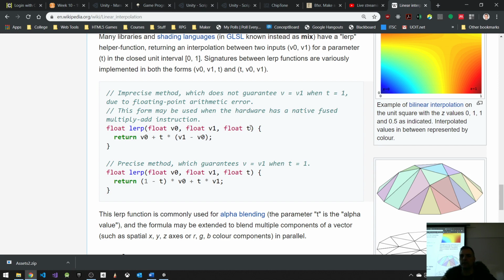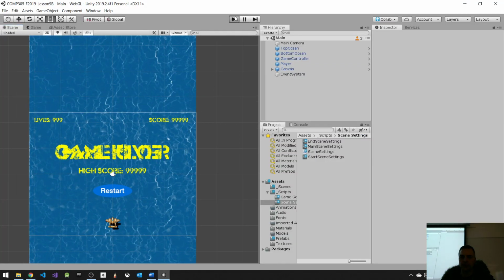We're going to move from 0 to 1. And I want to linearly interpolate each of the channels, R, G, B, and A, from one color to the other. Okay? So what that allows me to do is I can blend, I can move from one color to the other, right? I can blend from one state to the next. So why is this good? It creates more of a smooth step between transitions. You can create different kinds of motions that you want by using linear interpolation. For today, what we're going to do with it is make it so that these clouds that we saw, these clouds here,